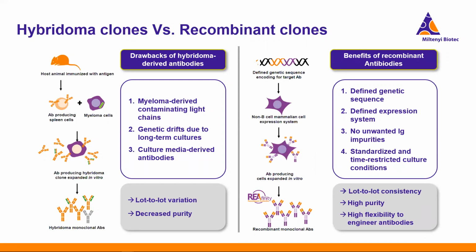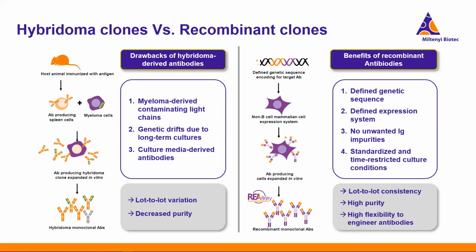Essentially, as you can see in this figure, we've cloned a defined sequence into a mammalian cell line, and then the mammalian cell expression system is programmed only to express the product of our DNA sequence. These are also cultivated in a defined culture condition, so we're not using serum here. So this reduces the possibility of further antibody contamination. So all of this creates super high lot-to-lot consistency in a defined synthetic protein binding product with very high purity.